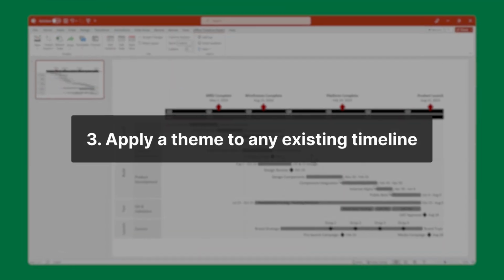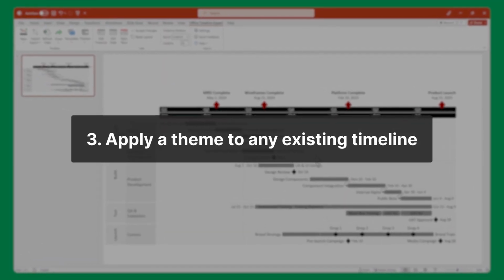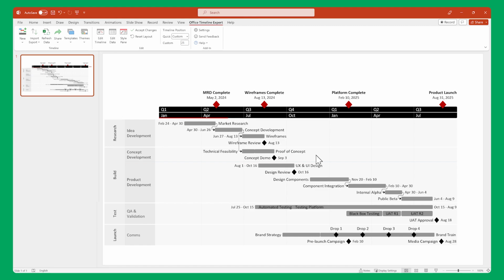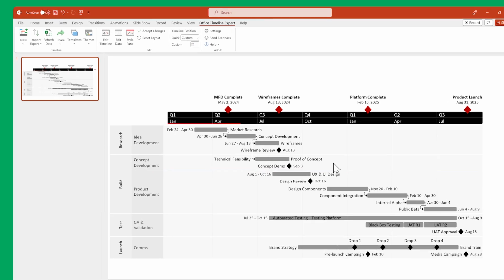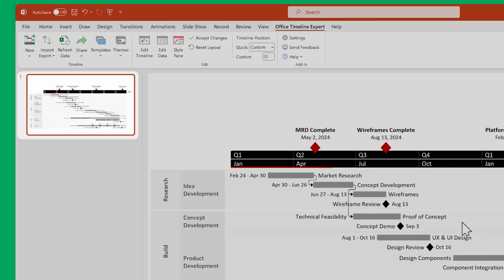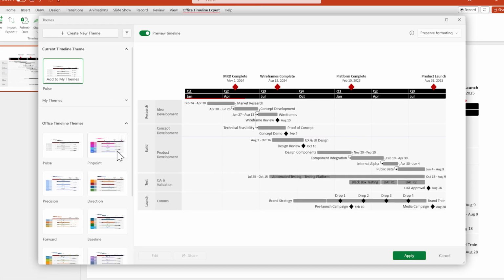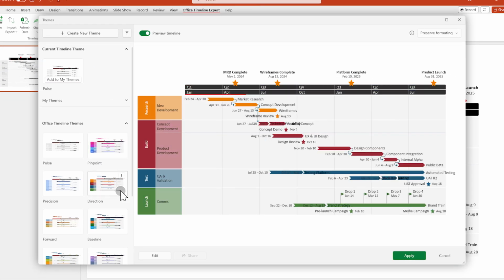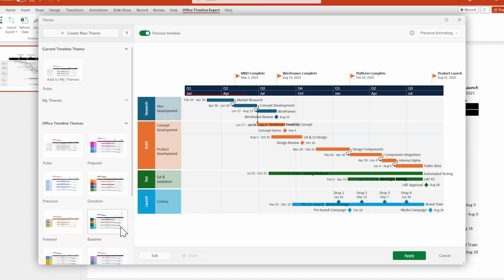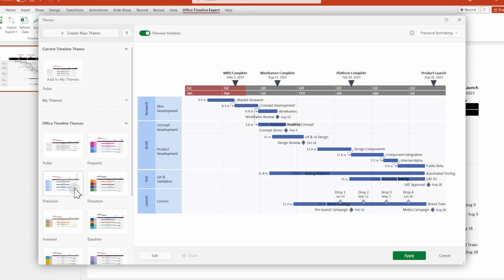Now let's say you already have a timeline, but you want to give it a new look quickly. You can easily apply a theme to it. First, make sure you're on the slide with that timeline, and on the Office Timeline ribbon, click on Themes. Depending on your plan, you can pick any of the Office Timeline themes or apply your own custom theme from the list in the bottom left, and you will see a preview of how that theme will look when applied